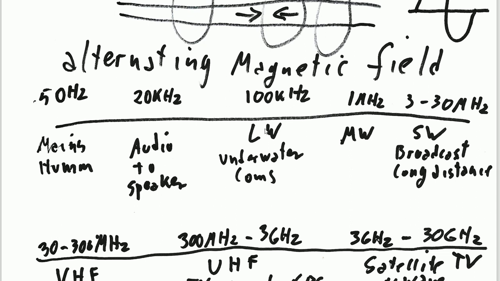So 100 kilohertz, again, that's the stuff that goes through the wire. I'm not talking about air now. This is the electricity, the AC going to the speaker, not the air being rarefied. Now at 100 kilohertz, we've got long wave, and these waves tend to follow the curvature of the Earth,